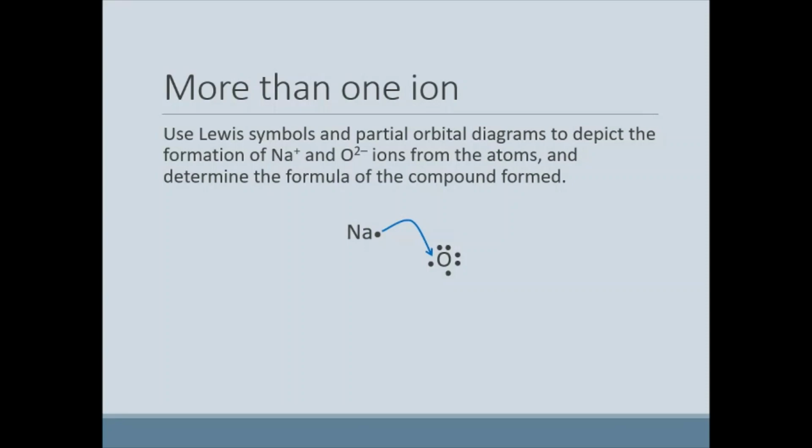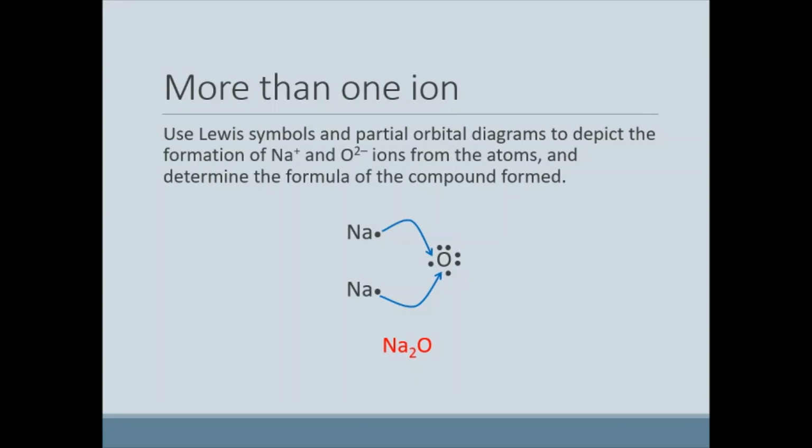But if we take a look at what we have here, sodium is fine. It got rid of its 1 dot, and so it went down to its previous layer and it's sitting at 2s2 2p6. But the oxygen still has an issue. As soon as you give 1 dot to oxygen, we're still sitting at 7 out of 8 dots. And so the easiest way to fix this, if we're still talking about a combination of sodium and oxygen, is just use another sodium. Another sodium can come in with another dot and satisfy this octet. And so now we're looking at Na2O,